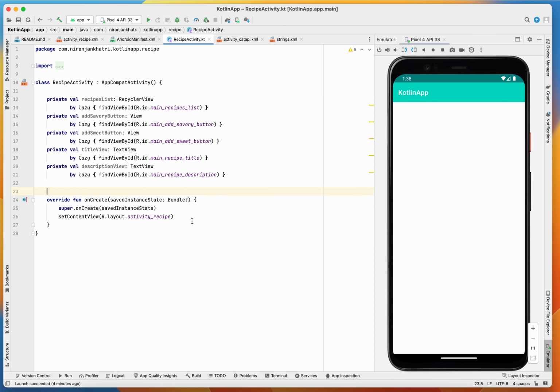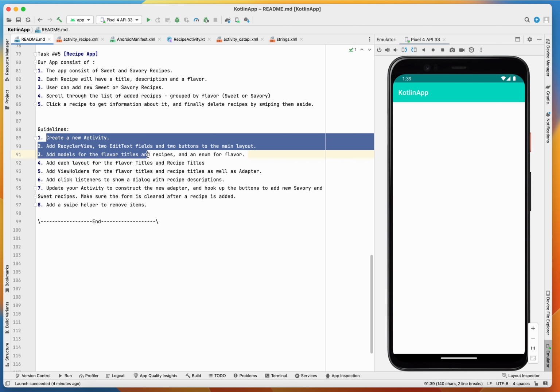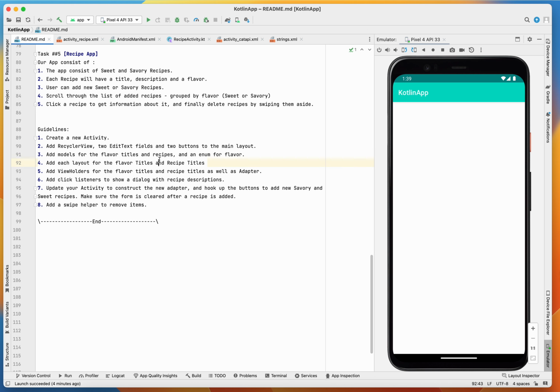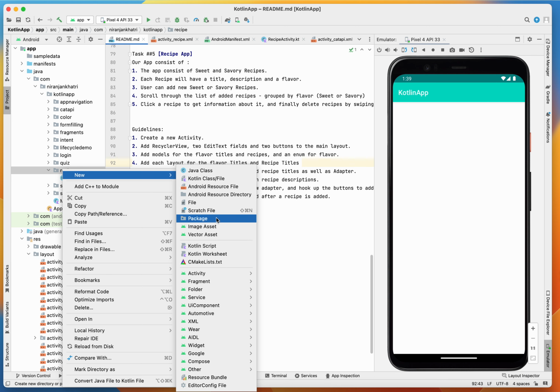Then the next thing we have to do is, let's follow the guidelines. So we have created the activity, we have created this layout. We have to create the models for the flavor, title and recipe. So let's create the model. So this is my recipe. Let me create a package called